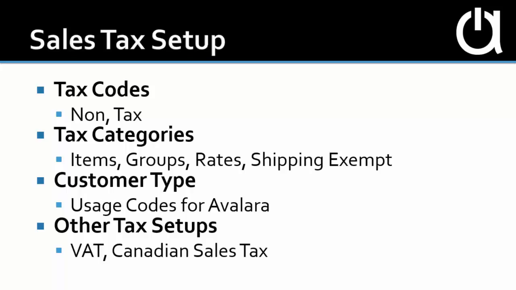And the Canadian setup is based on each line item with an override at the bottom of a purchase order. We're not going to be covering those specific setups during the demonstration today, since it's really the same setup. There are just different names or different groups that you would use, and the main difference is in the purchasing, because you have the purchasing tax or the tax on your purchases. If you have specific questions about those scenarios, feel free to contact our support team for information on your specific